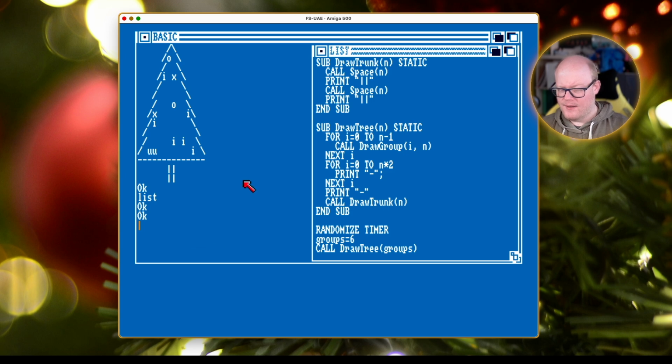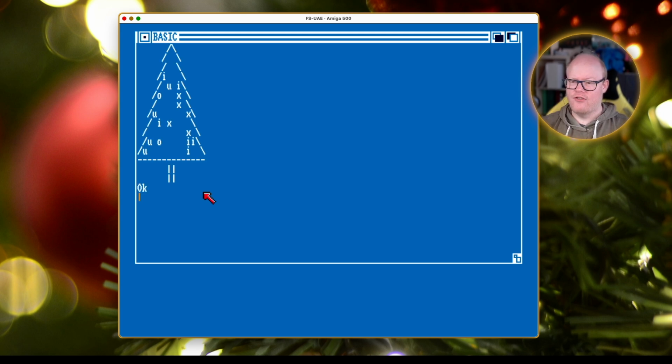If I do something like print timer, it simply gives us the elapsed time in some sort of tick format. And if we do randomize with the timer value, we are essentially randomizing the thing in a different way every run. And as you can see now, it is printing different ornament setups here on our tree, which is a neat